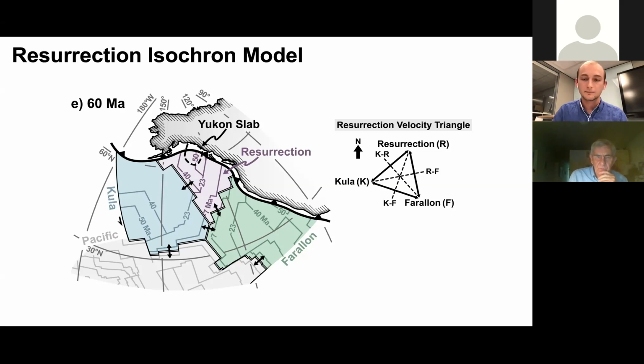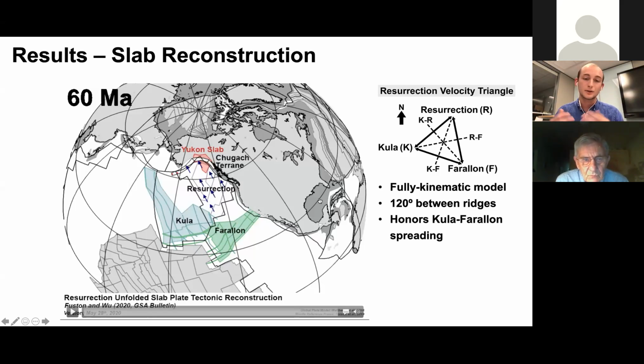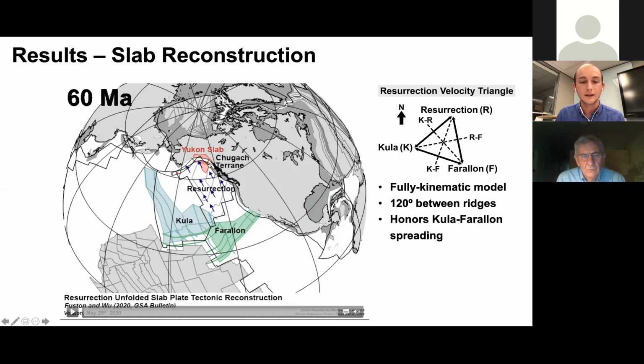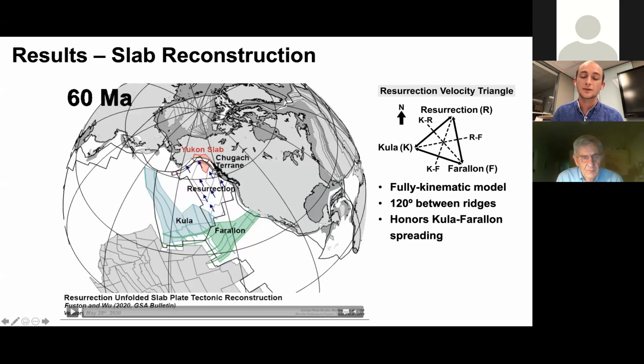So now we've incorporated all of our slab unfolding results and our model ridge positions into a fully kinematic plate tectonic model. Now I'll go ahead and show you a video of our fully kinematic plate tectonic reconstruction. Some things to note here: this red polygon represents the present position of the Yukon slab through time, so we just keep that stationary as a reference point. And then this margin-parallel white polygon with the red dots inside of it represents the Chugach terrane, and the red dots represent